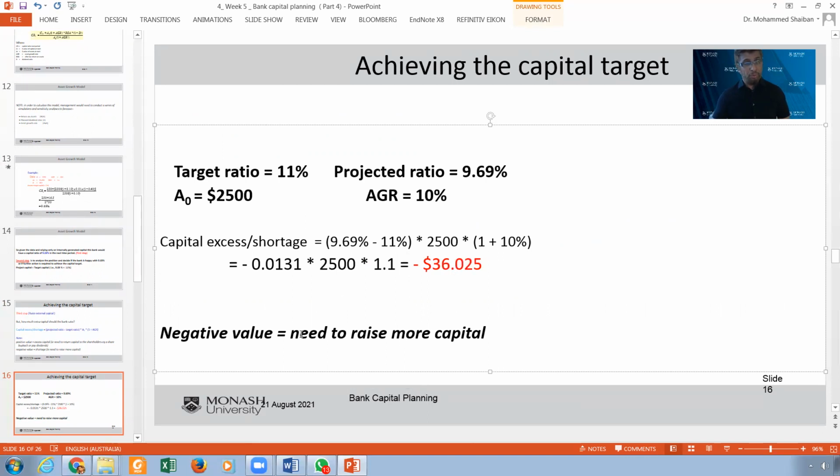Now it's time to raise it. So we have a negative value and we need to raise more capital from outside, external capital, because according to the model we already executed the internally generated capital. It's in the formula already. So in this case,